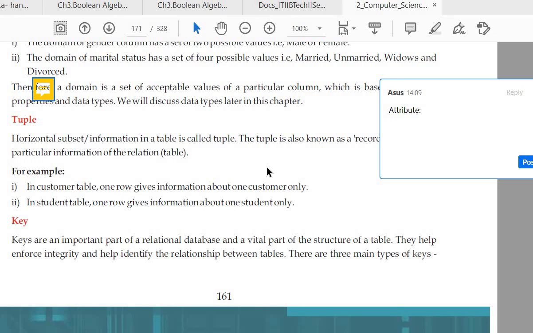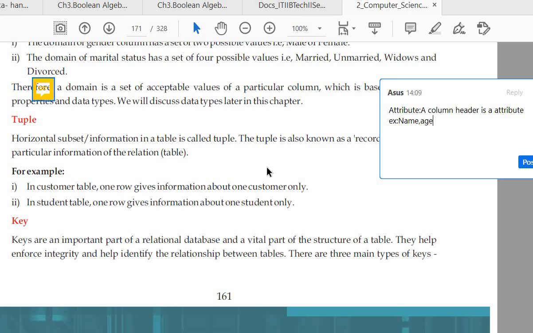A column header is an attribute. If I ask you for the name of an attribute in the table, phone number, name, or age, any column header, these are all examples of attributes.